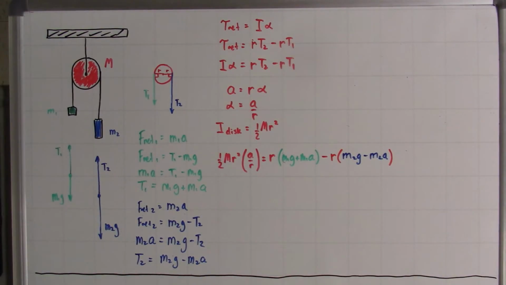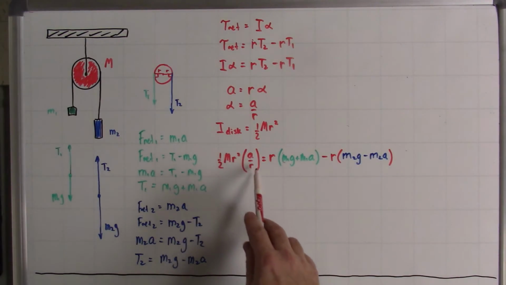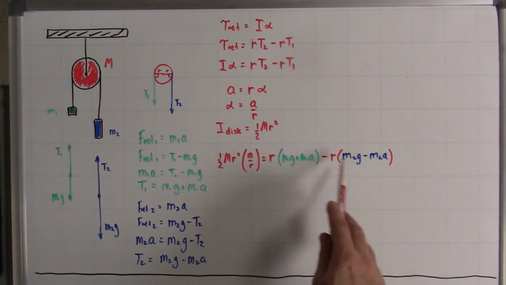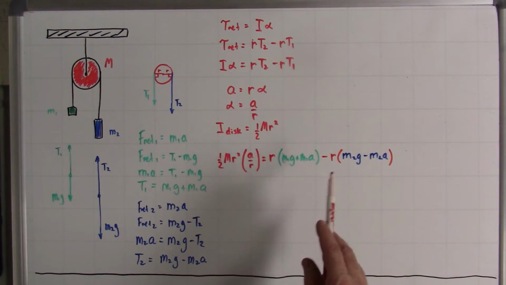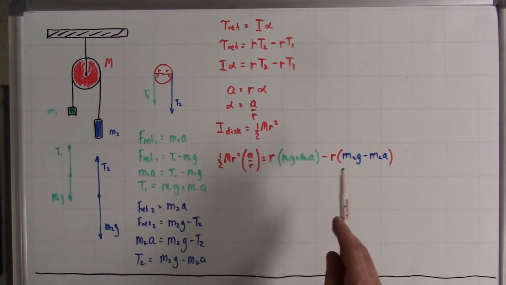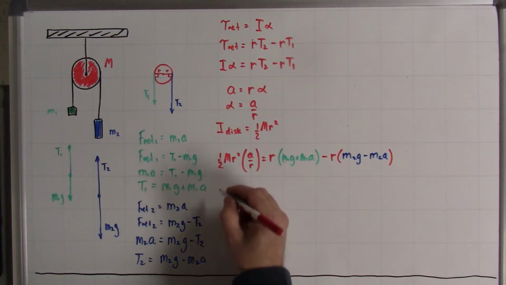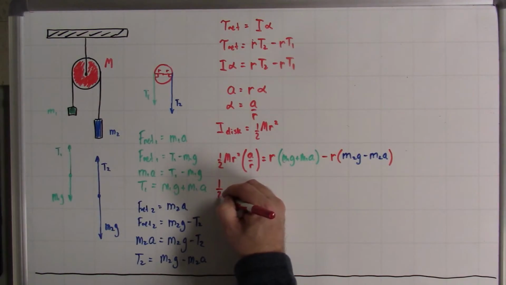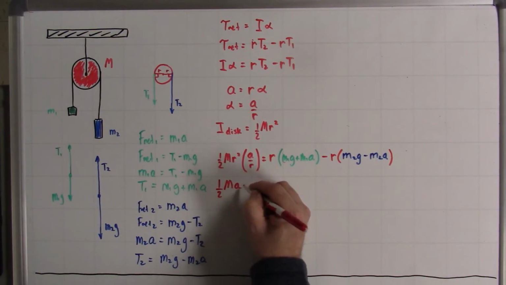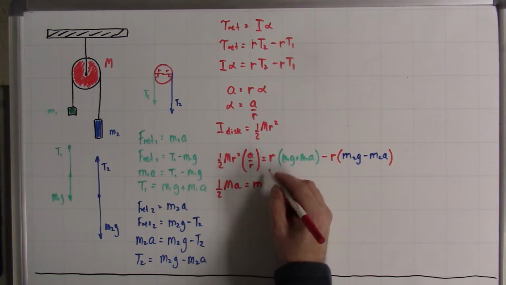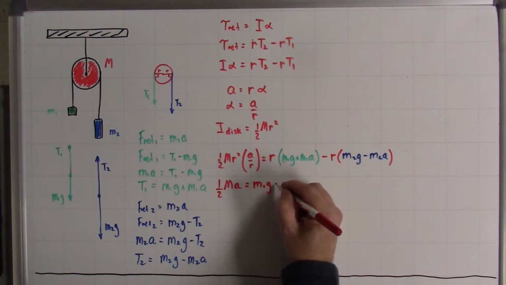And hopefully this is a little bit more simple. When I actually look at this, I have R squared over R, so one of those two R's cancels there, and then it can cancel and magically disappear with all those R's there. So it turns out that all the R's magically disappear, which is really fun. So if I rewrite that then, I have 1/2 big M A is equal to M1 G